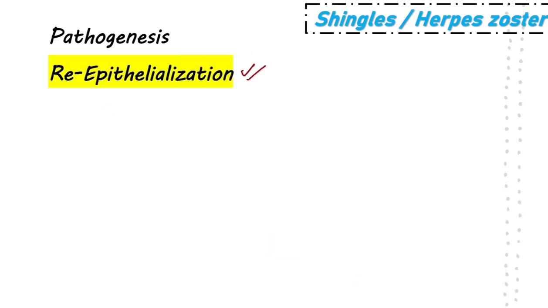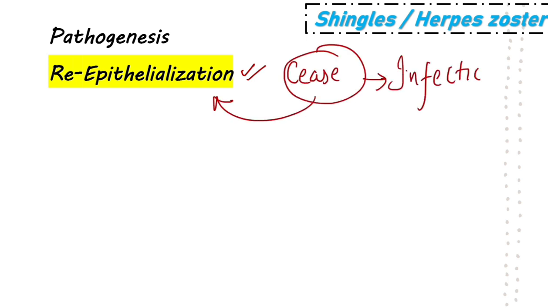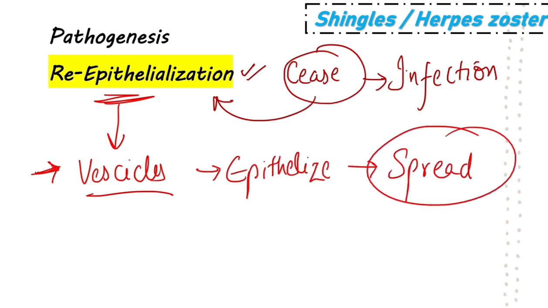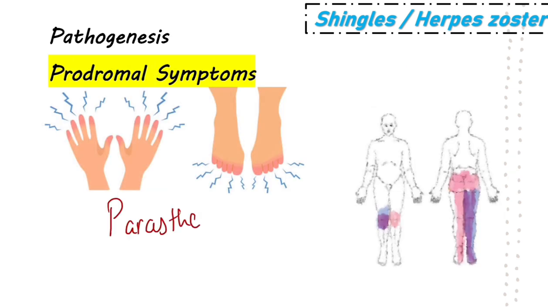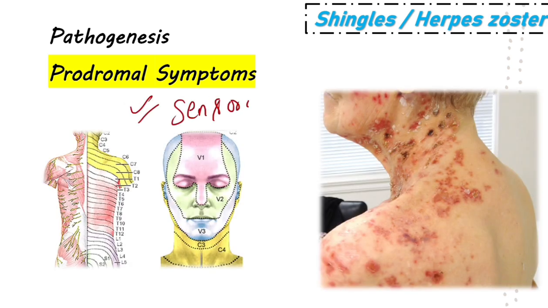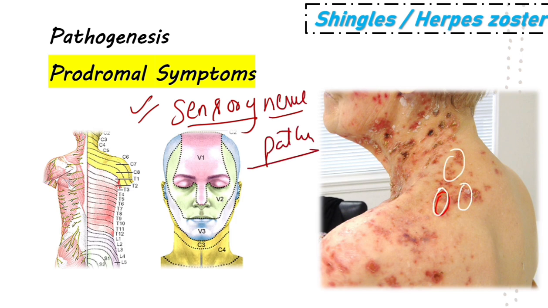But there is a difference in secondary infection from the primary infection. The lesions cease to be infectious once the lesions have reepithelized. This means there is a phenomenon known as reepithelization, which occurs in secondary lesions. Due to this reepithelization of the vesicles, the infection is no longer contagious. Prodromal symptoms include pain or abnormal sensations, also known as paresthesia, which precede the development of vesicular skin eruptions, typically occurring on the sensory nerve of a dermatome. The vesicles progress to become pustular and eventually they ulcerate. The disease typically lasts for 2 to 3 weeks.